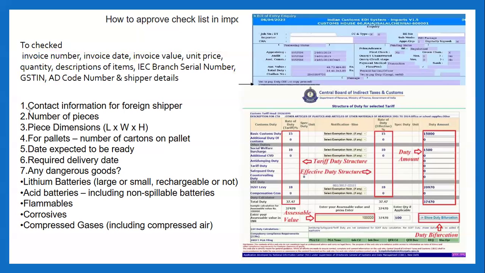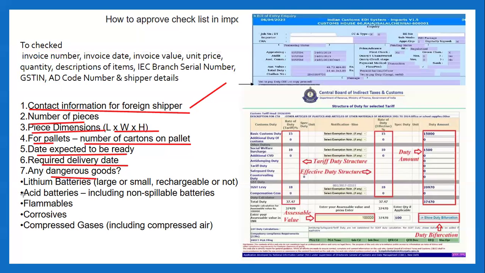Other details to check are the contact information of the foreign shipper, that is the supplier's contact details, then the number of pieces, package dimensions, length, width and height, number of cartons on the pallet, date expected to be ready, delivery date, and dangerous goods. These also need to be checked at the time of checklist approval.